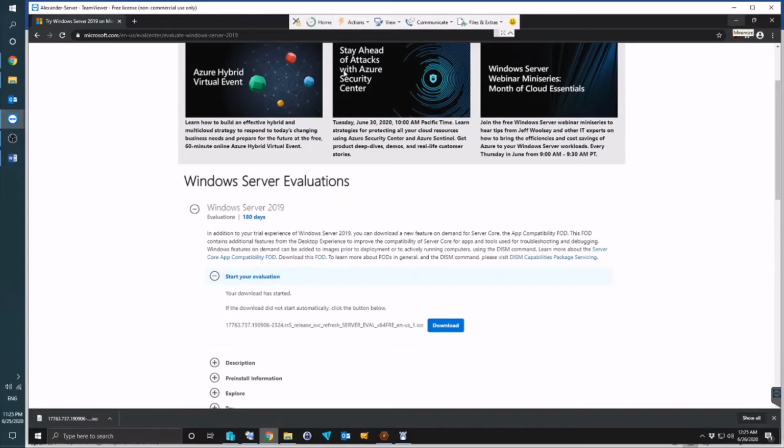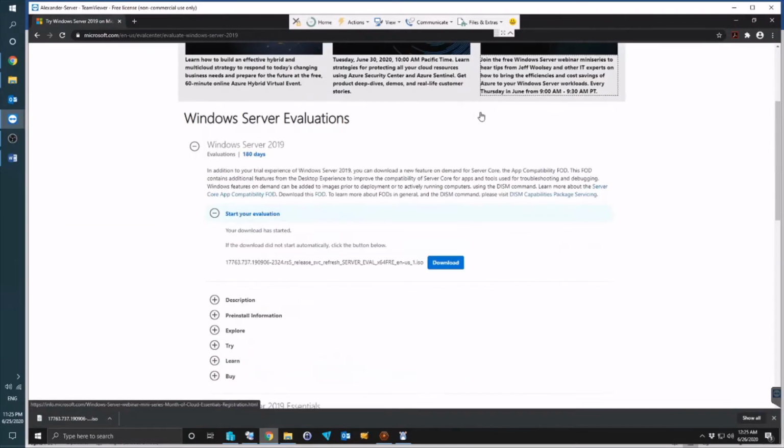The first thing that we need to do is download the Windows Server evaluation directly from the Microsoft site. I will leave all these links in the description so you do not have to worry about it. Let's go ahead and download it. To save us time, I have already performed the download right here, as you can see. Once you click on download, it's just going to ask for some basic information, and then it's going to go ahead and start downloading. Either way, I'm going to go ahead and leave all those links available to you